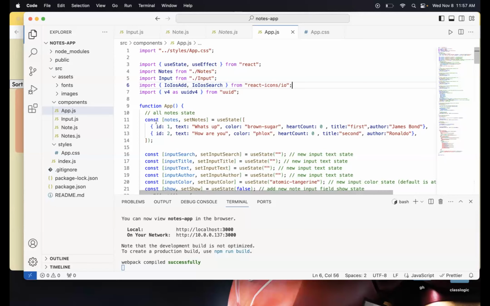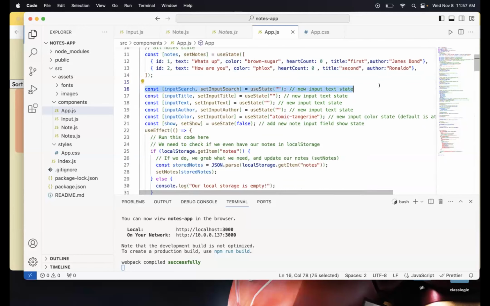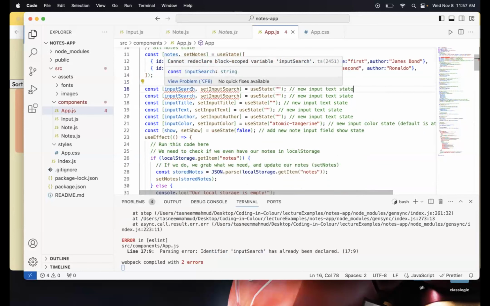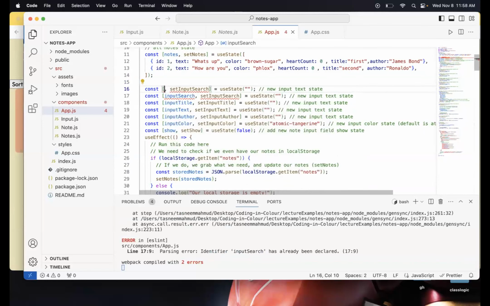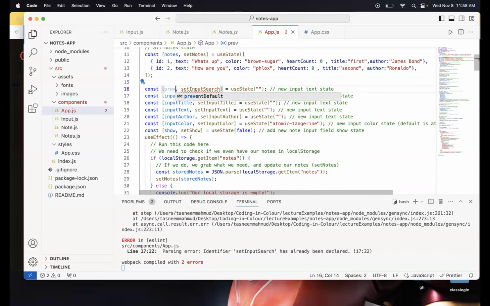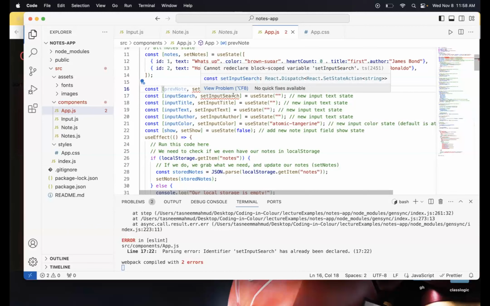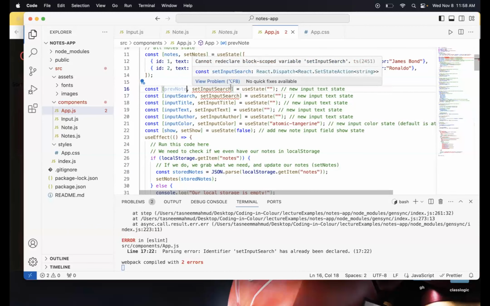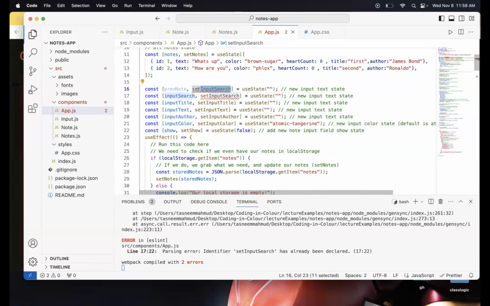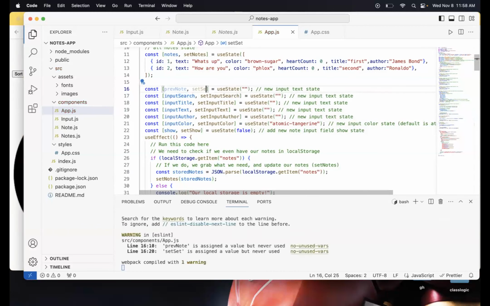All right, what was I doing? I was doing this. So I'm gonna create a variable for previous functions. So I'm gonna call this previous note, prev note. Let's call it that. And over here, I'm gonna change this to set. It's already set, so I'm just gonna write prev note.